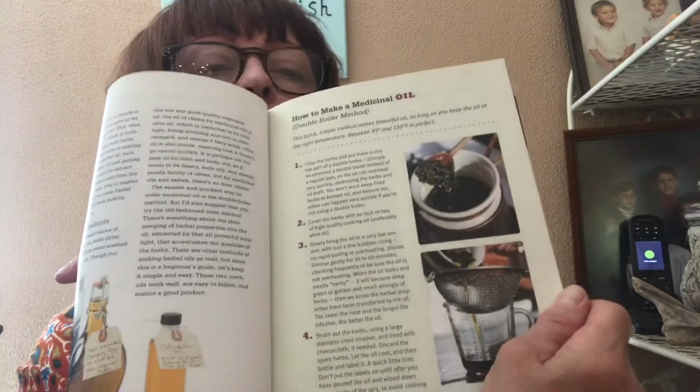Okay, my next one is Rosemary Gladstar's Medicinal Herbs, A Beginner's Guide. Now this is the first one that I ever got, and I love it. That's what it looks like. And in the beginning, she shows you how to make a medicinal oil, and there's pictures to show you step by step